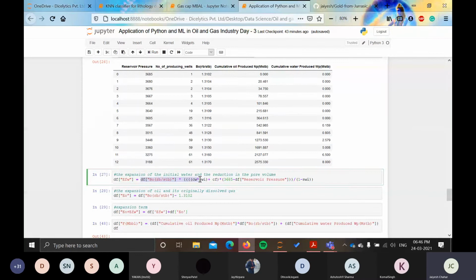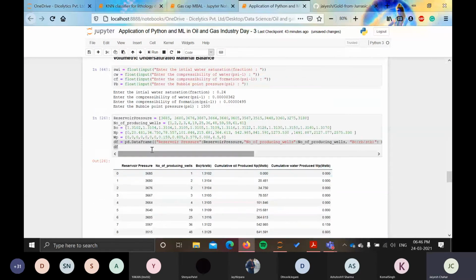Basically, this is a simple formula for EFW. You have read that in Tariq Ahmed or LPDEC textbooks. I have applied that. And 3685, I have taken the initial pressure here, as the compressibility term will be multiplied with the delta P term for getting volume. So yeah, from here I have made.